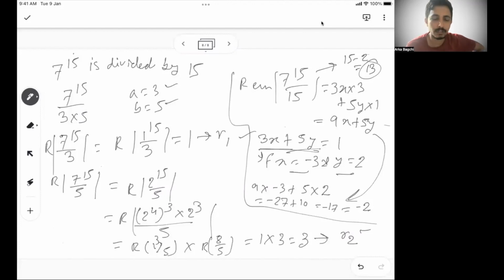So you understood the process. We divide 15 into 3 into 5. Individually we get the remainder of 7 to the power 15 for 3 and for 5, then put the equation, and from there we did some trial and error and got the final one. So this is a little complex and a little conceptual one. The concept 2 that we talked about is the remainder when a into b into c is divided by n. And in this one, where the denominator can be broken into smaller factors, this is the part you need to be a little cautious about. These two are very important theorems for your remainder theorem.